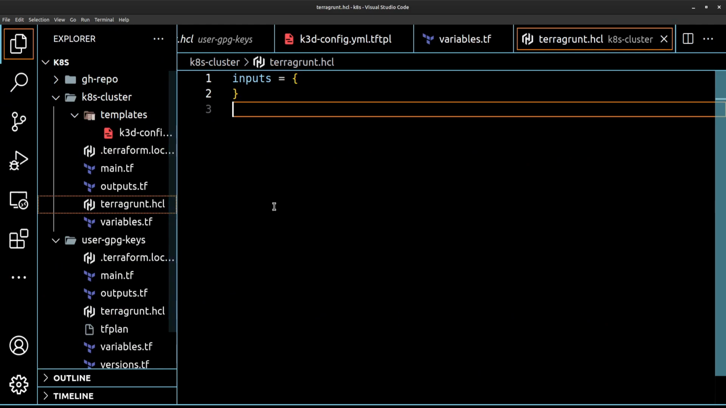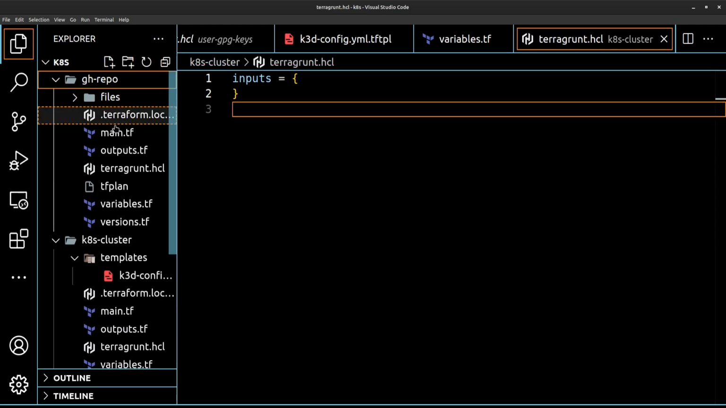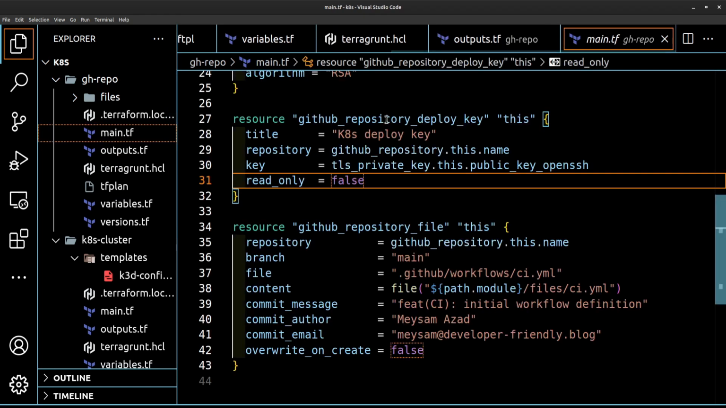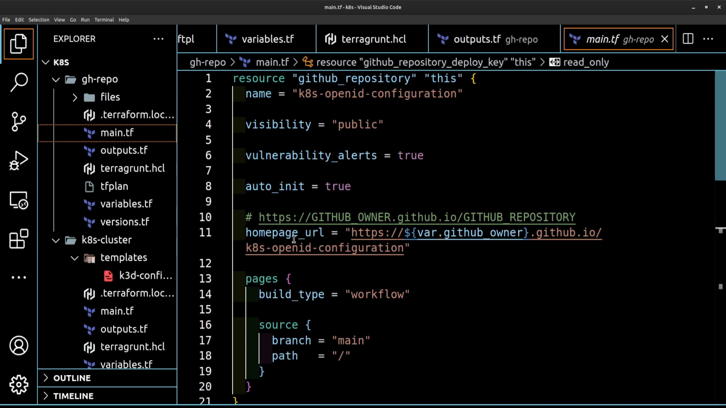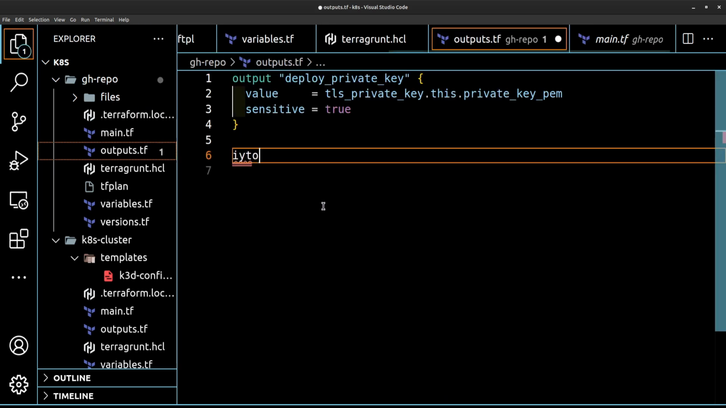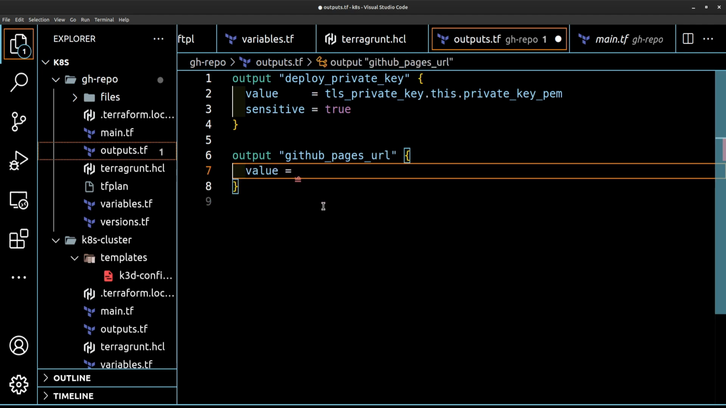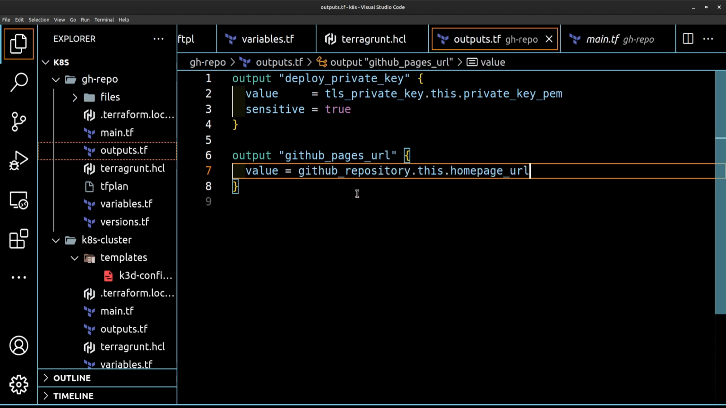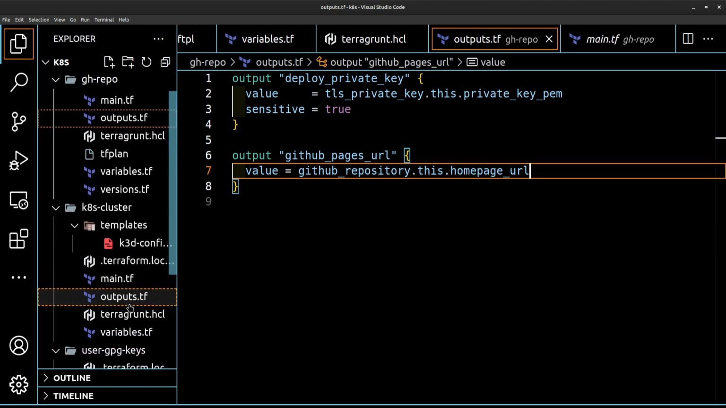Here we are again. You remember that we had an output here, or maybe not. I'm just going to create that right away. There's going to be a GitHub repository. So output GitHub Pages URL, value is this one, the home page URL. This is the value that I require, and when I get back to my Kubernetes cluster, I will be able to say